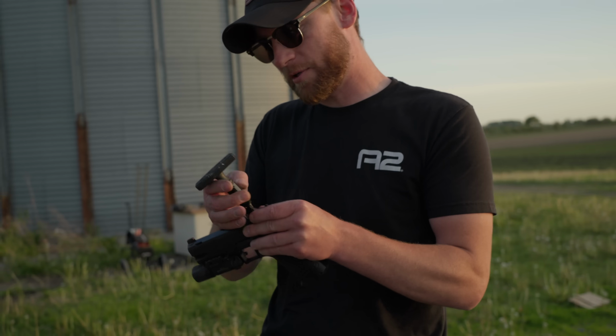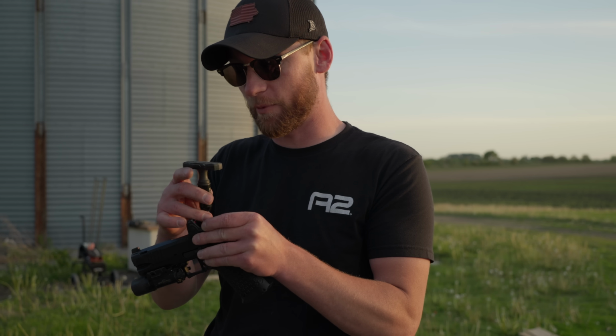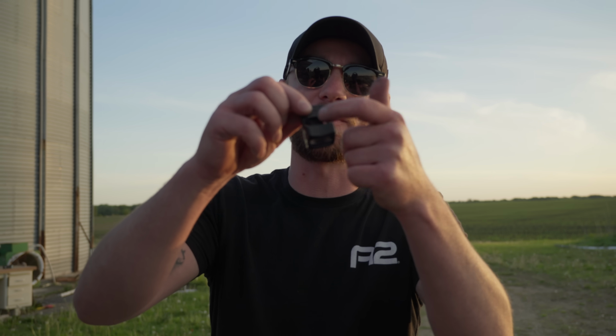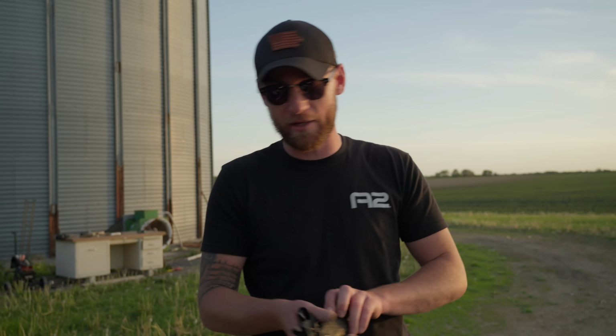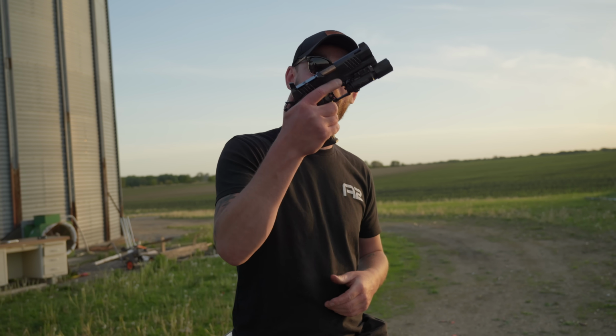All right, I am a Trijicon fanboy. I love Trijicons, but this has happened quite a few times if we're being honest. I got like 5 RMRs with the same issue. Eventually the little emitter, there's a little window in the back to stop the debris and everything, they just blow out. So that sucks. These are pretty damn expensive. Luckily Trijicon has a decent warranty. We don't really got to worry about it, but right now red dot's down, we're down to irons,